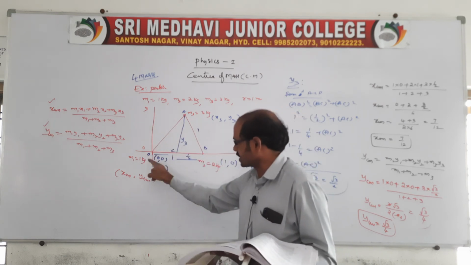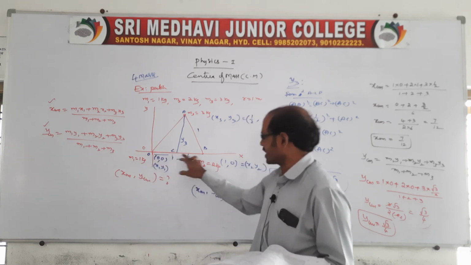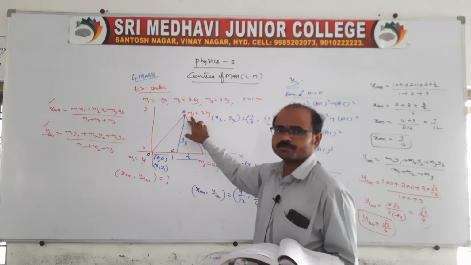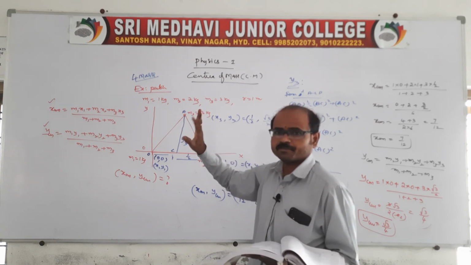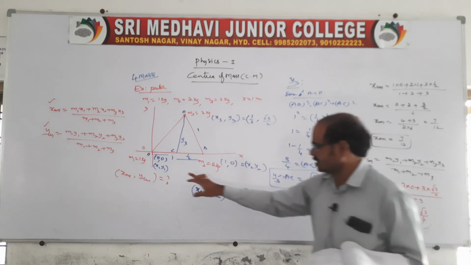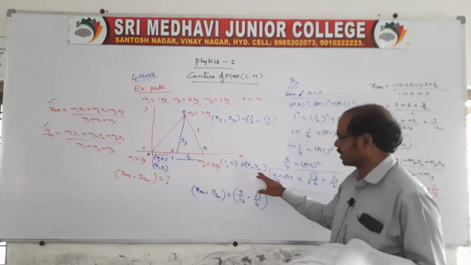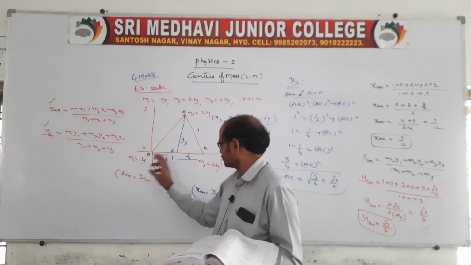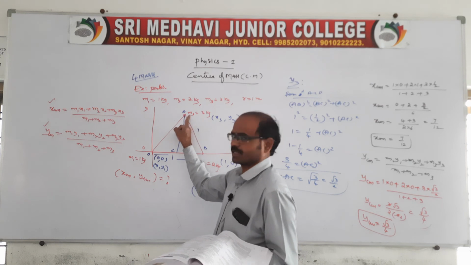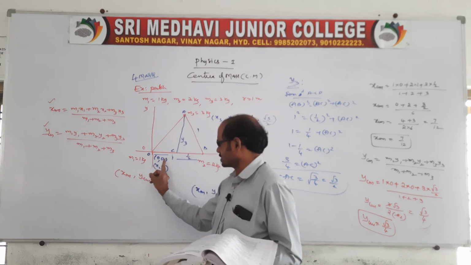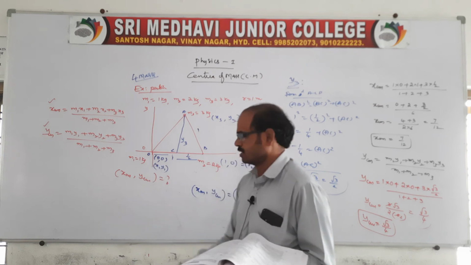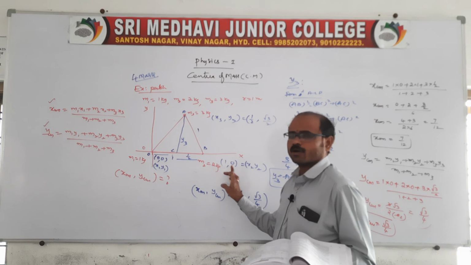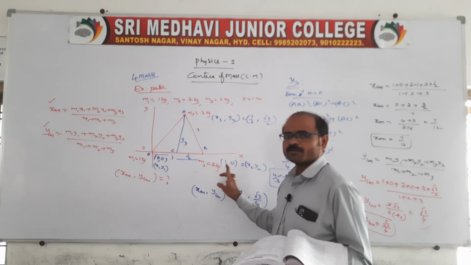And here the origin is taken at the 100 grams, the 150 grams is on the x-axis, and the 200 grams is at the third corner. Everything in the question is the same, and the method is also the same. We should get first x1 y1, then x2 y2, then x3 y3. Just a simple change here: 100 grams, 150 grams, 200 grams. x1 comma y1 is 0 comma 0, no change in this. But x2 comma y2 is 1 by 2 comma 0, or you can say 0.5 comma 0.